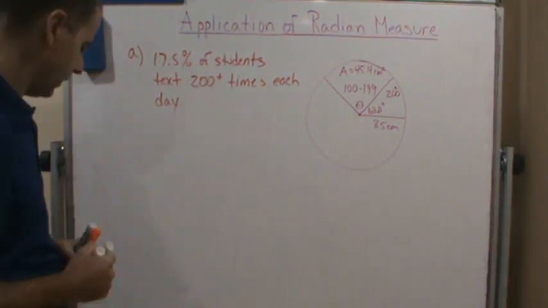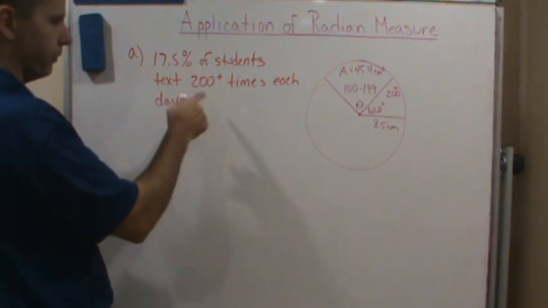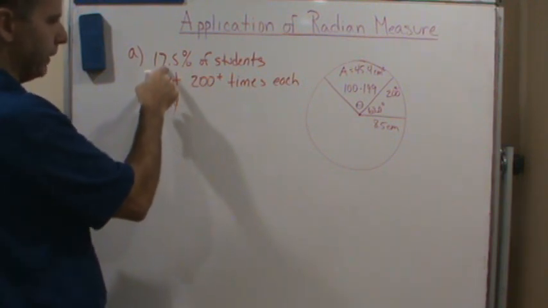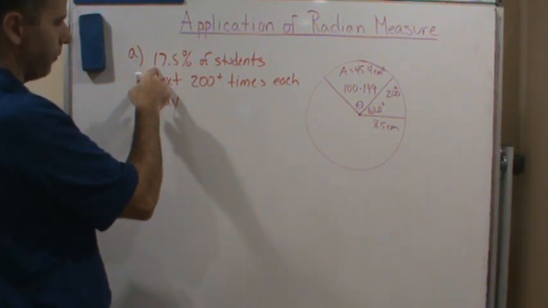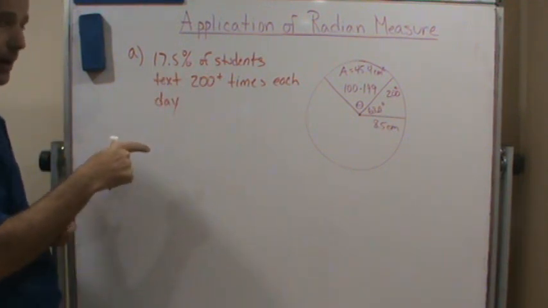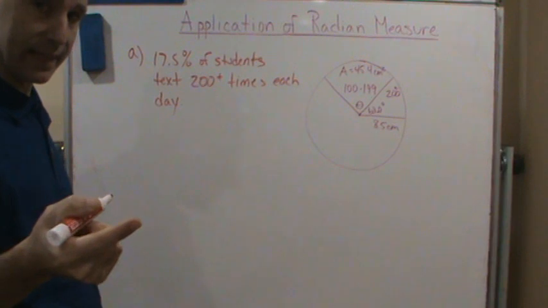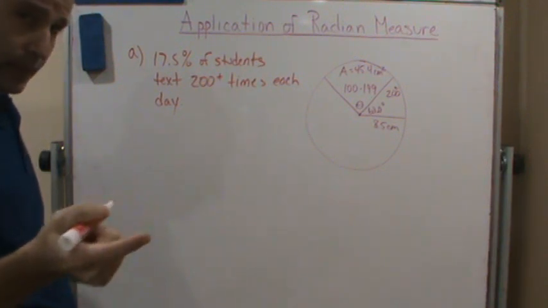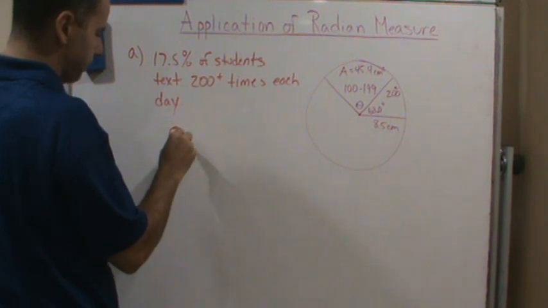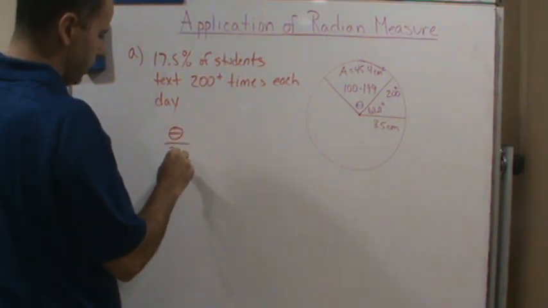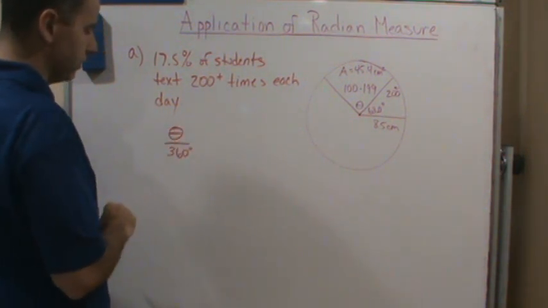Now, how do we get that from the information given? Well, we took the fraction of the circle, what fraction of 360 degrees it is. So we want theta over 360 degrees